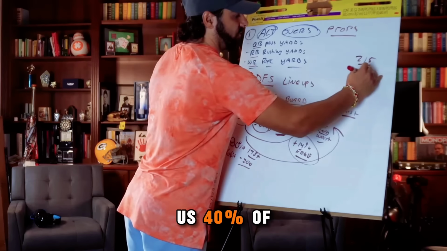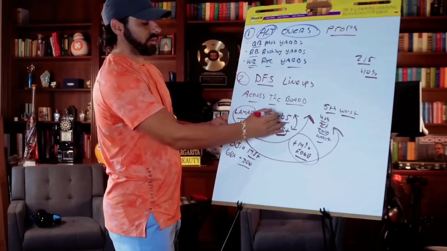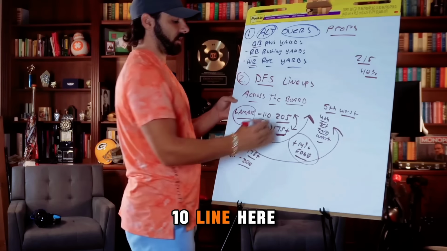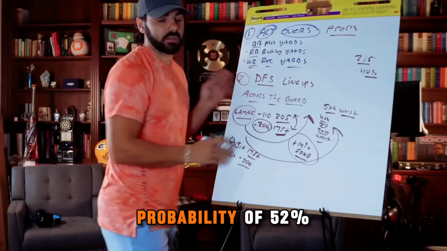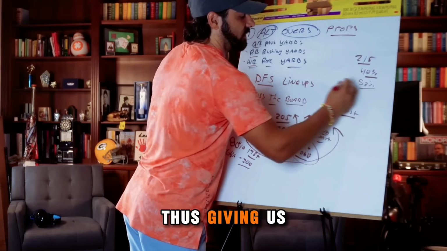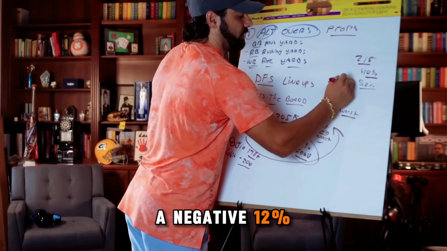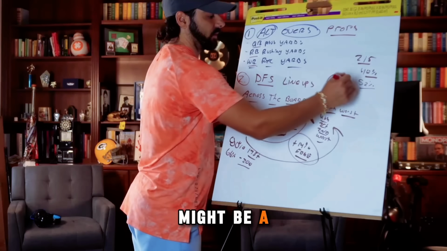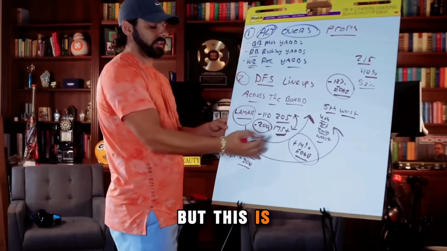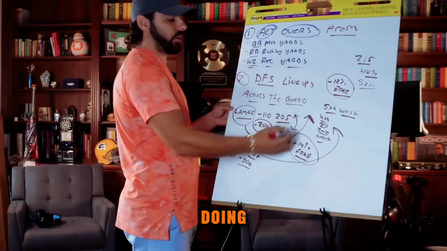That's going to give us 40% of the time with a correlation of what? The minus 110 line here, right? Which is 205, which is implied probability of 52%, thus giving us a negative 12% edge. Okay? Now it doesn't always work out this way. Might be a little bit closer than that, but this is the basic concept of what you're doing when you